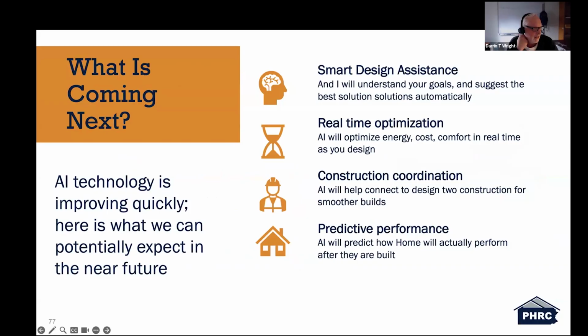What is coming next? AI technology is improving quickly. Here is what we can potentially expect in the near future. Some of this is already here on a very basic level. Smart design assistants will understand your goals and suggest the best solutions automatically. Real-time optimization, construction coordination, and predictive performance.